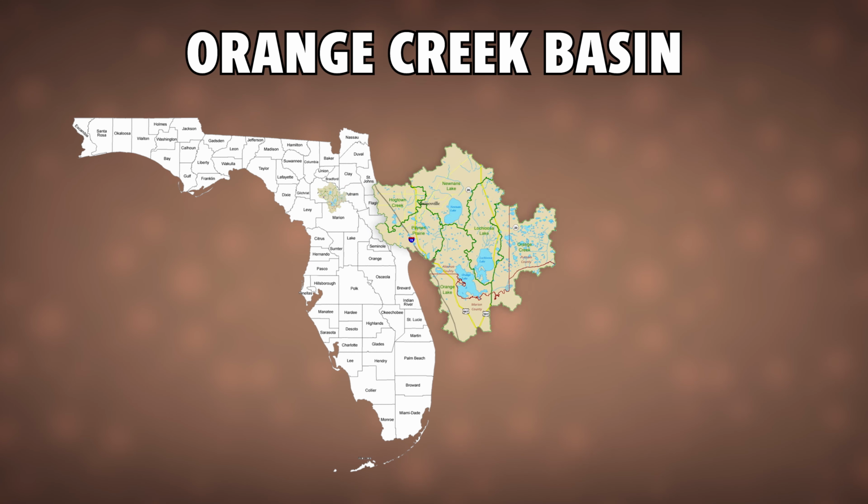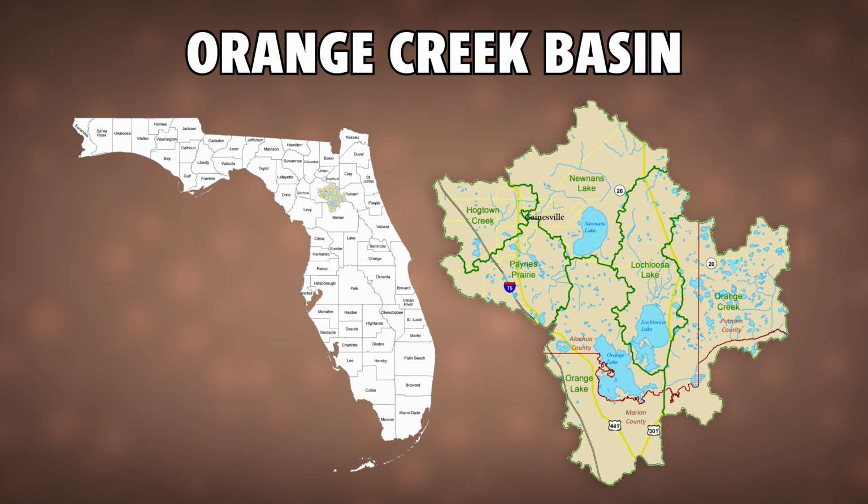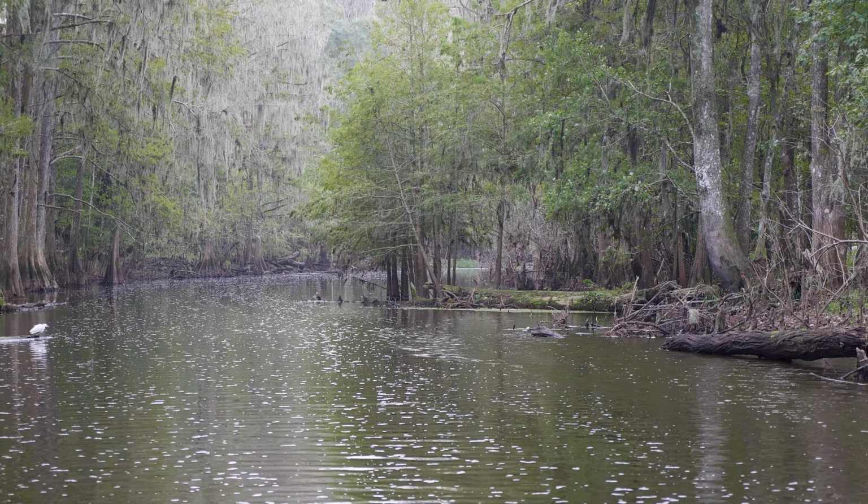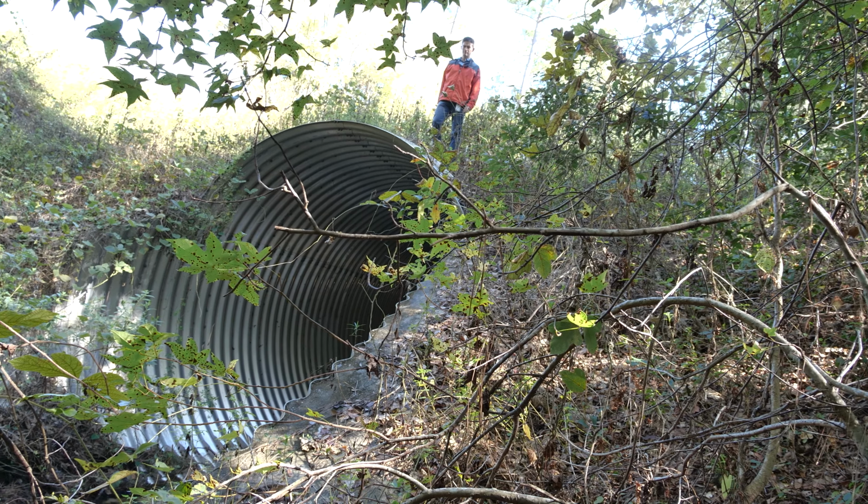thing. It's part of an interconnected system of lakes that includes Orange Lake, Lochloosa Lake, Paynes Prairie, all of which drains south into Orange Creek and then eventually into the Ocklawaha River. Newnans Lake has had kind of a 50-year legacy of different insults and different forms of pollution. In addition to the common pressures and challenges that impair so many Florida lakes, Newnans Lake has suffered from the